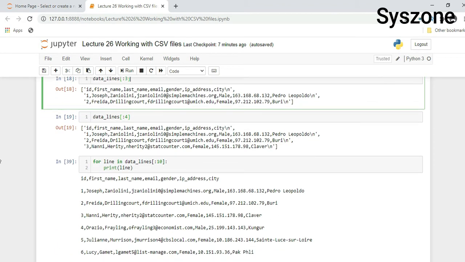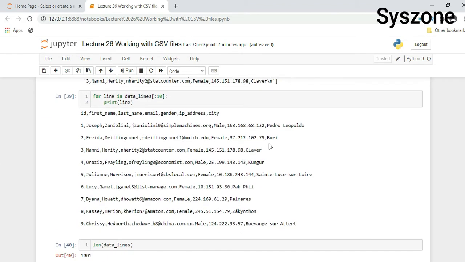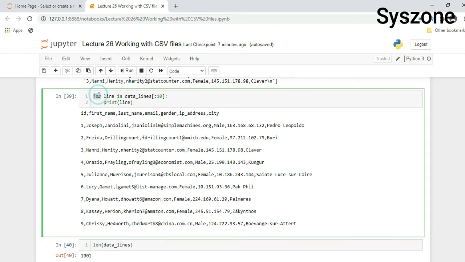Now instead of going one by one, because here we have 1000 plus values, you would have to write 1000 lines. Instead of that you can go with a for loop. So here we are using a for loop to extract the top 10 lines or row items. Here line is a variable where our data will get stored, picking from the data_lines variable, and here we have given a range. This loop will start from 0 and end at 9, because the end is always minus 1, so it will end at the 9th index position.